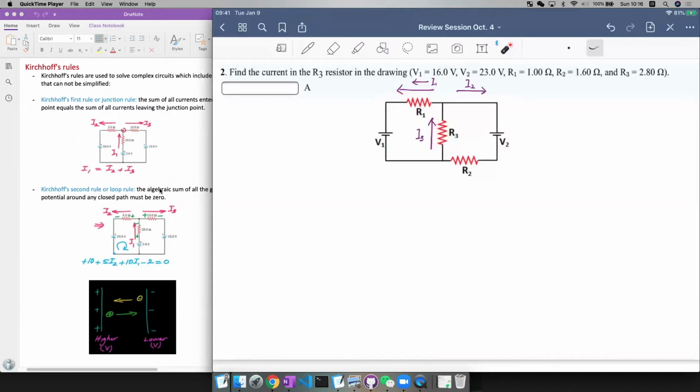We suppose it goes like this, and then since we already took the guess that the direction of the current is like this, we also believe the electrical potential